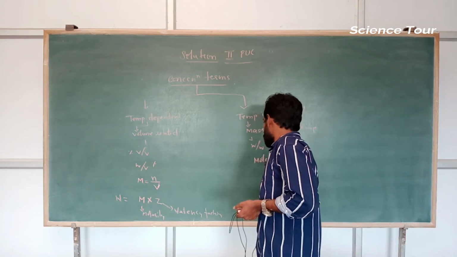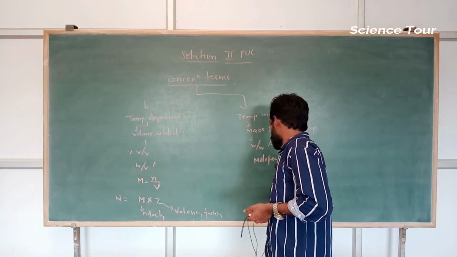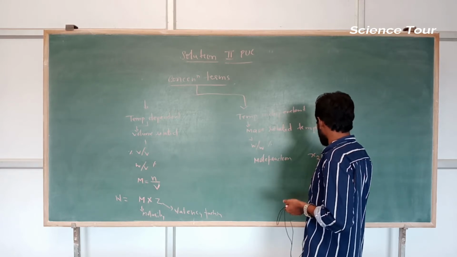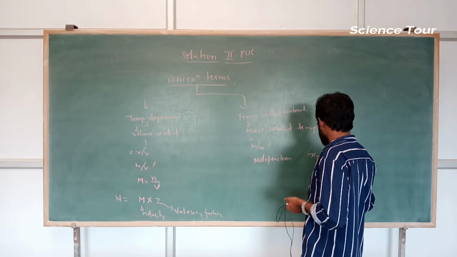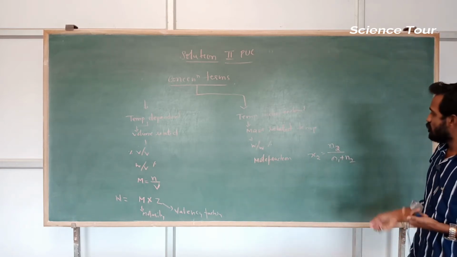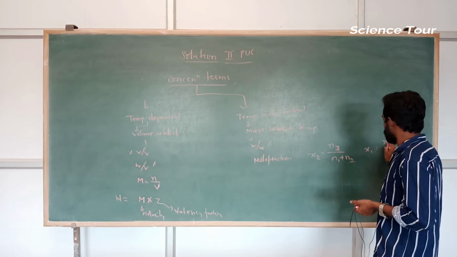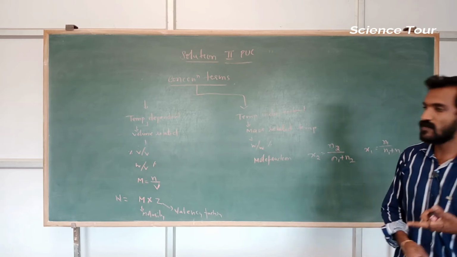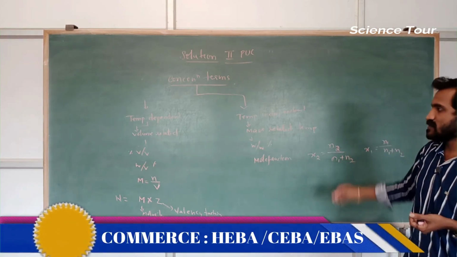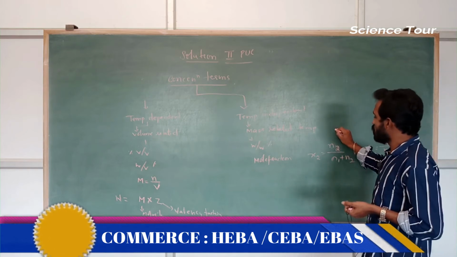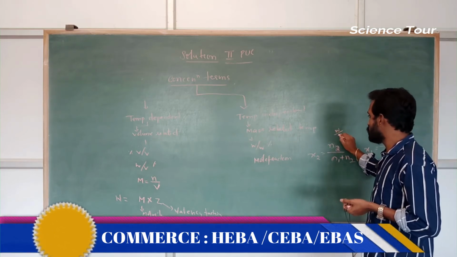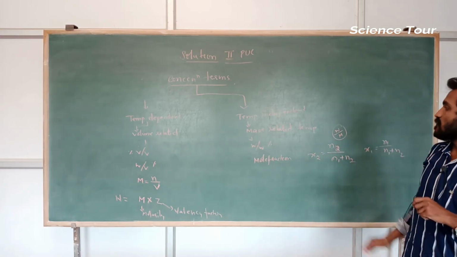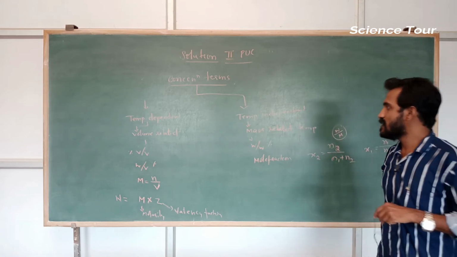Then mole fraction. My dear students, you studied mole fraction. What is mole fraction? For example, if you want to find x2, it is n2 divided by n1 plus n2. Correct? If you want x1, then it is n1 divided by n1 plus n2. So this is the mole fraction formula. In this term, is there any volume factor? No. Here n means number of moles, which is given mass divided by molar mass. So all these terms deal with the mass factor. So it is actually temperature independent.